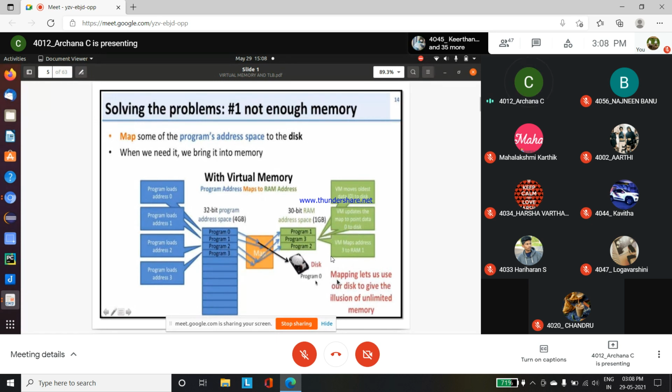So mapping lets us use our disk to give the illusion of unlimited memory. Since we have more program address space and less RAM address space, this concept gives us unlimited memory.